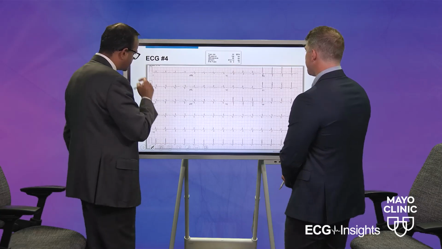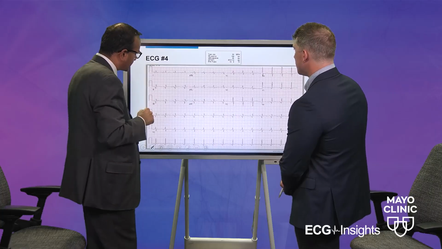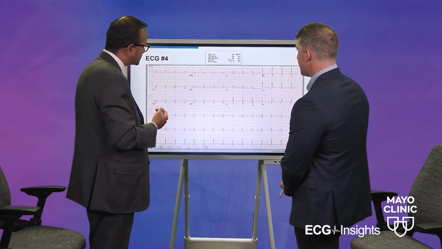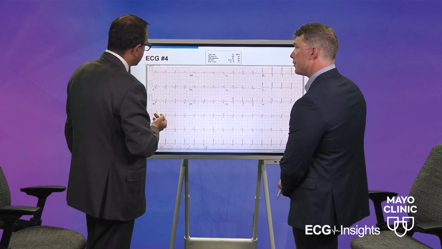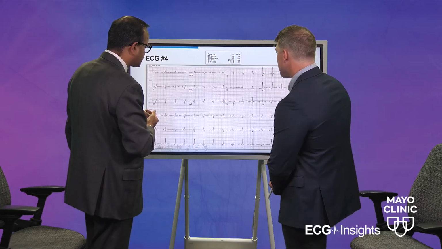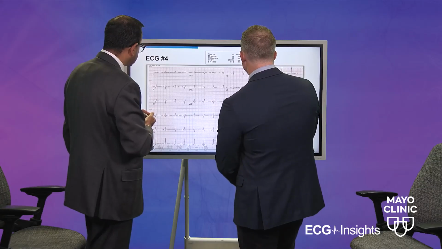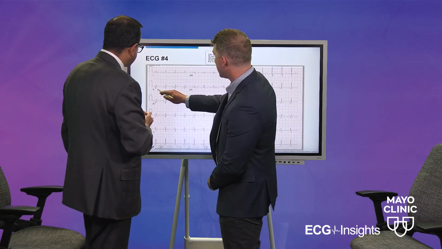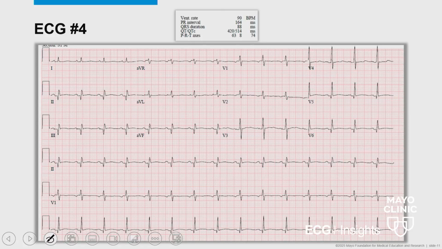Anything else you want to add on this ECG, Alex? I don't think so. When we're looking at an ECG, obviously we are focusing on MI, but is there anything from the P wave you can look at, just to digress a little bit? P wave enlargement maybe? Yeah. When you're looking at lead 2, the P wave duration seems to be a little bit lengthened, and you're also having a little bit of a notching effect.